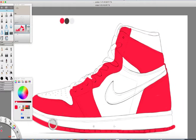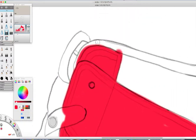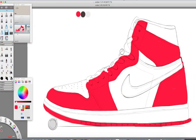So just scanning where I've missed some things. Let me go back up here and correct this. Another trick is with the next color, black, in certain areas. Because I was really close with the red, I can make a layer below the red, and then when I put in my black